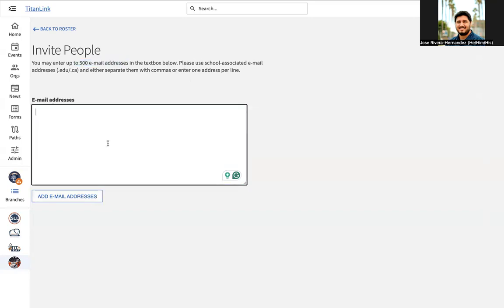Once you click add email address, the form is going to prompt you to assign these members a position. And you will be able to pick from the default positions currently available, which should be member, president, treasurer, faculty staff advisor. And then, of course, if you happen to create other positions, you would be able to select from those as well. So let's go back and talk a little bit more about